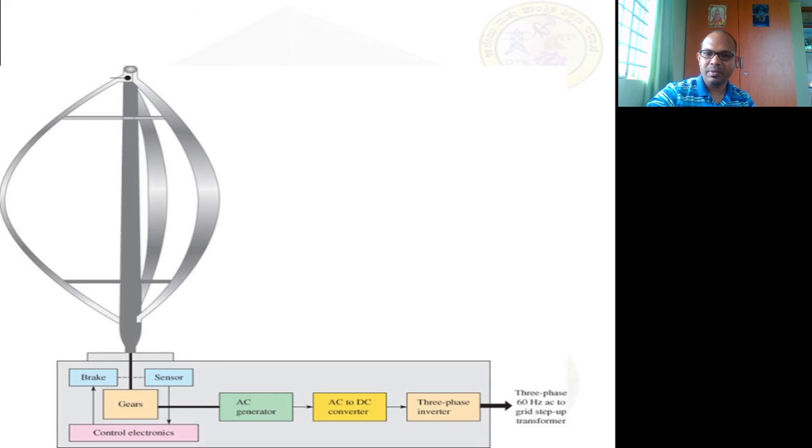That will be once again converted into DC by AC to DC converters. Then it will be given to the three-phase inverters. These three-phase inverters will give three-phase 60 Hz alternating current to the grid step-up transformers. This makes vertical axis wind turbines more quiet and more effective,